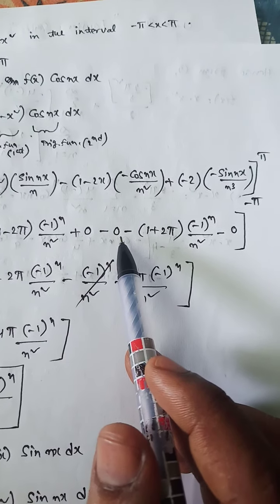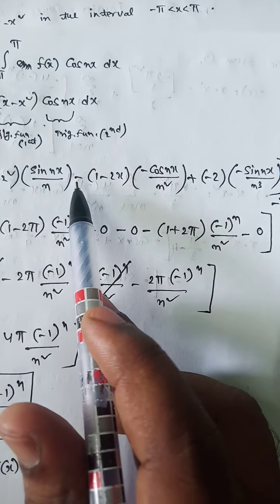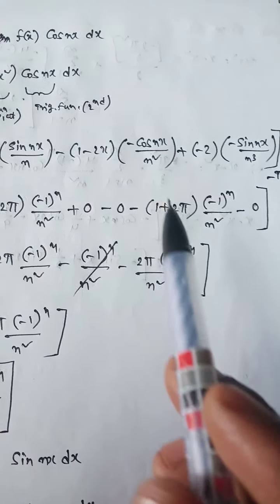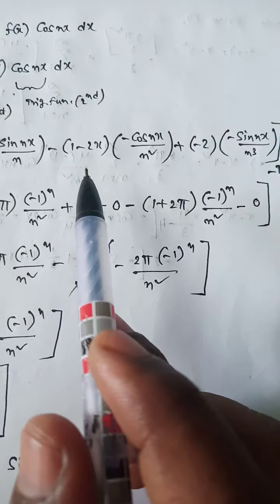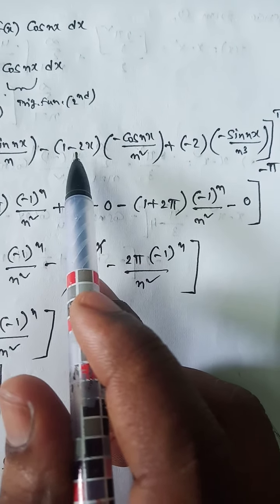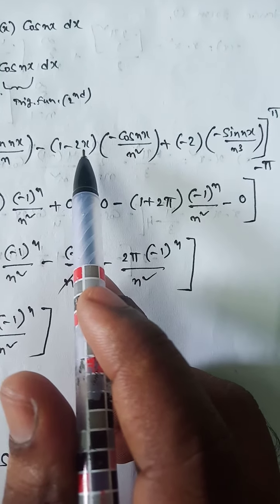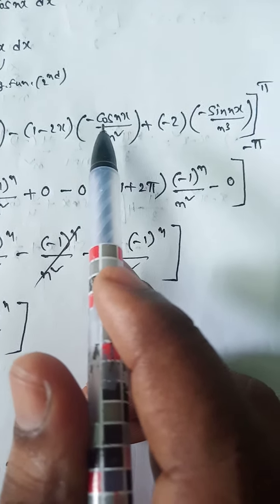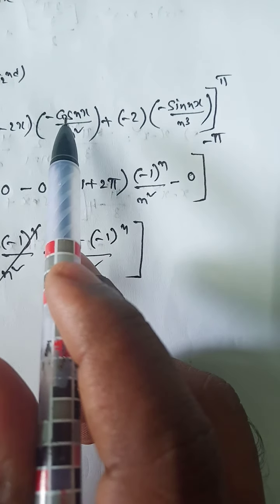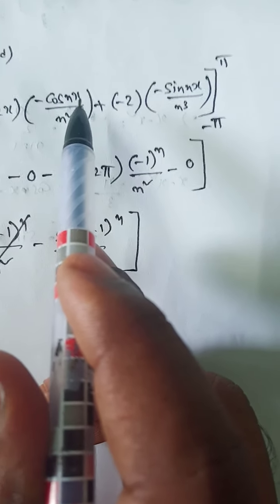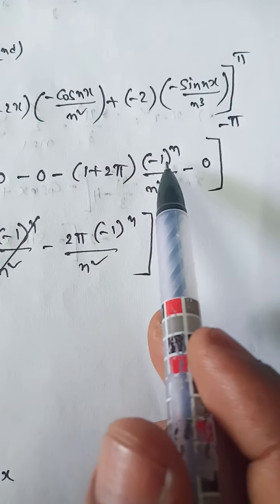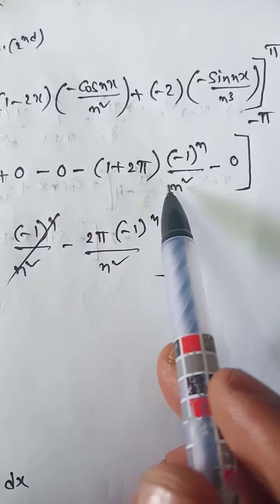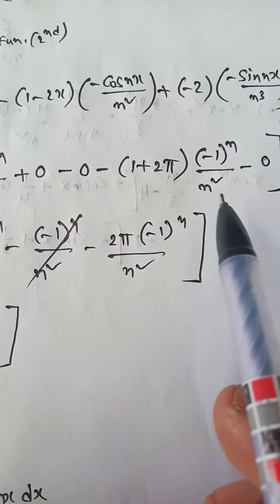0 here. And next signs, minus into minus plus, plus into, for the lower limit, we will have another minus, plus into minus, minus. And in the place of x we substitute pi, and in the place of x minus pi, minus into minus we will have 1 plus 2 pi. And here I already solved this: minus cos n into, in the place of x minus pi, cos of minus n pi, again cos n pi, cos n pi means minus 1 whole power n by n square. This is the term you have, and then